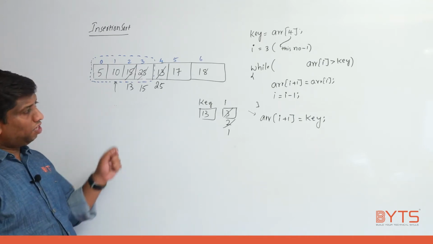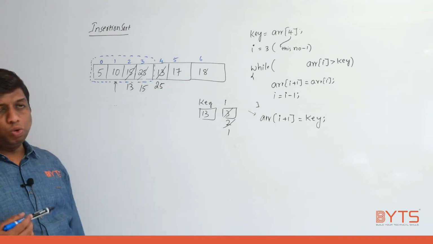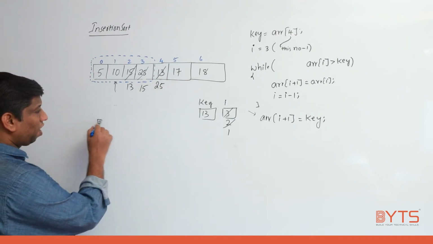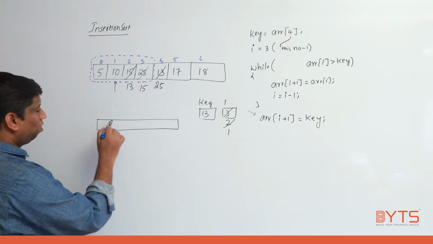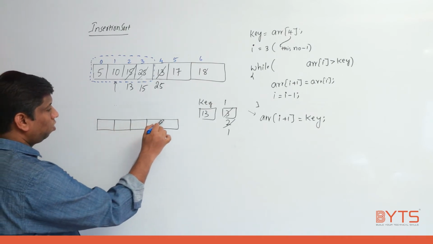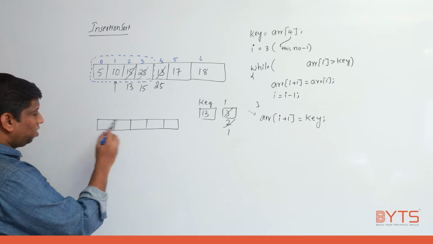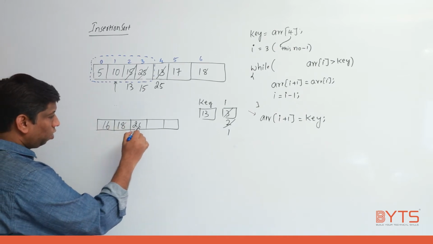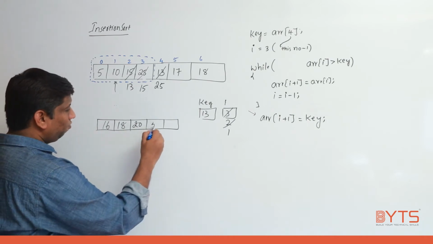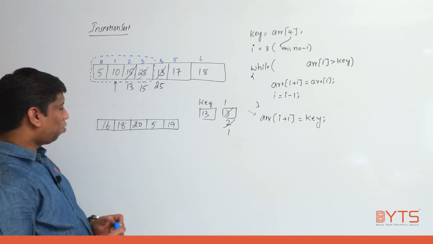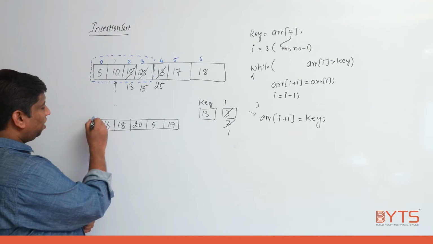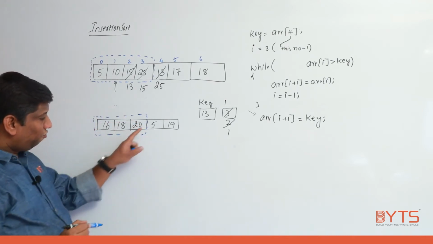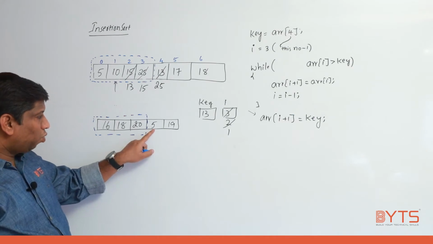Now there is a small important change I need to make here. What is that change? I will tell. Okay, listen carefully. I will take another example so that you will get clarity. So a small example: 16, 18, 20, 5, 19. Here also, what is the conclusion? These 3 elements are sorted. Now what is my target? 5 should be updated to the correct slot.